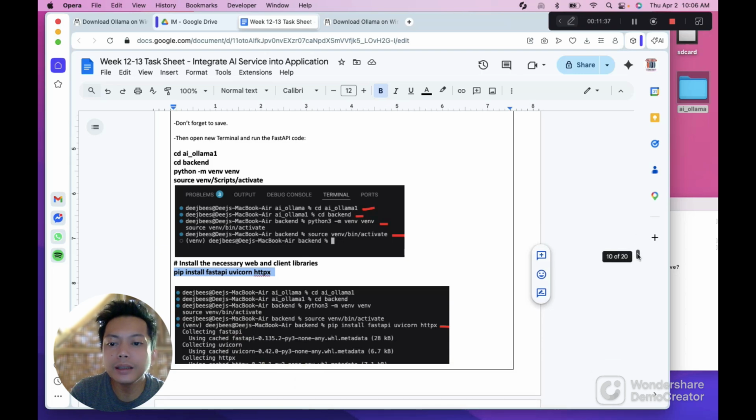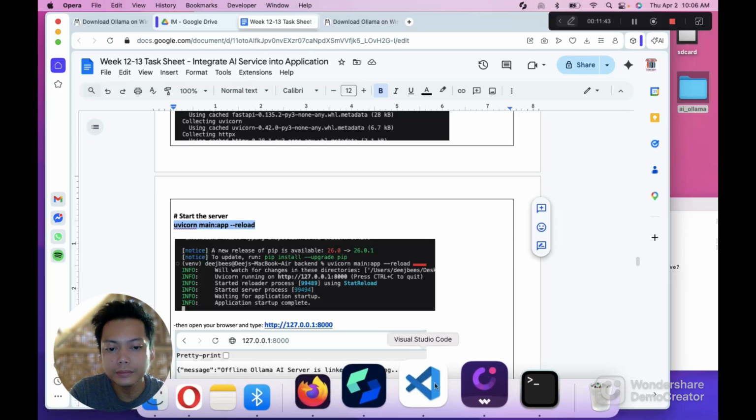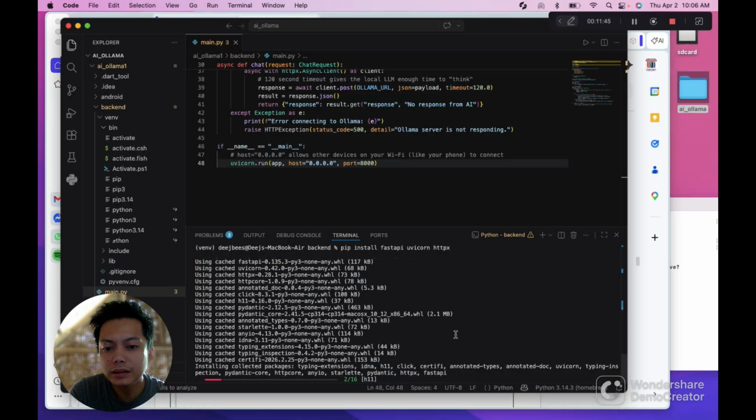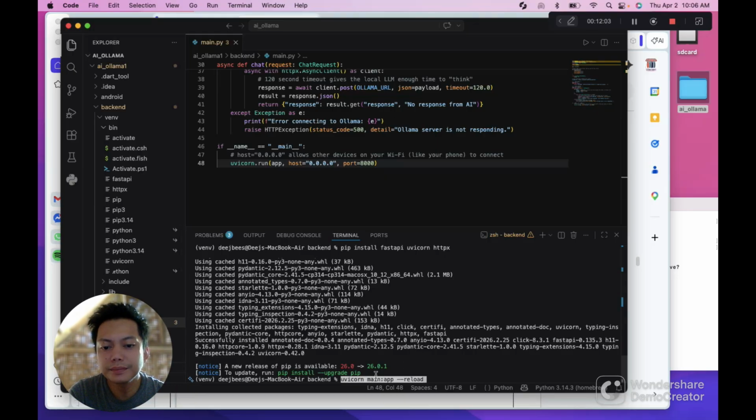Then after downloading, we're now going to run the FastAPI. So we need to wait because this is installing the pip. After this, we're going to run the FastAPI. Okay, it's done. So let's run.